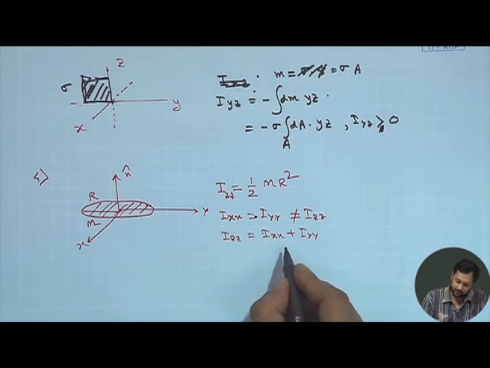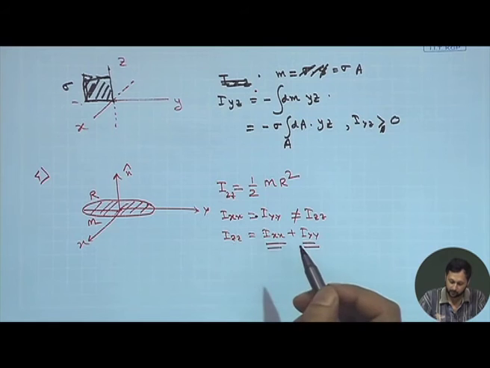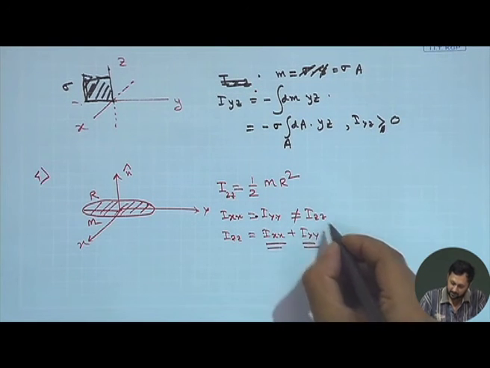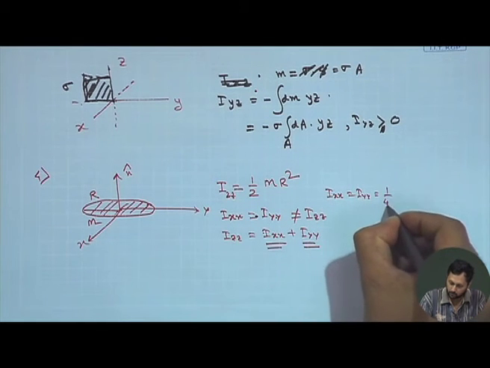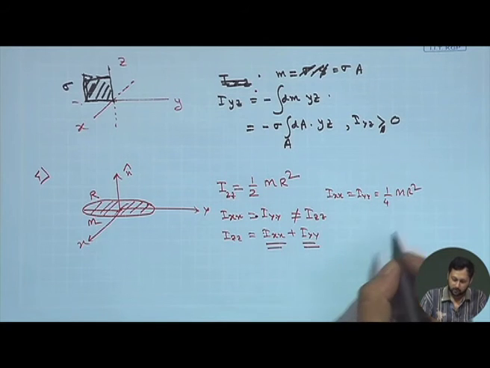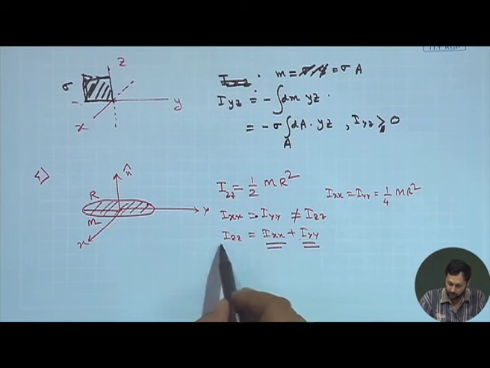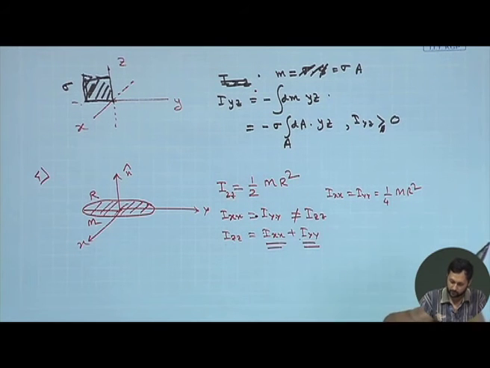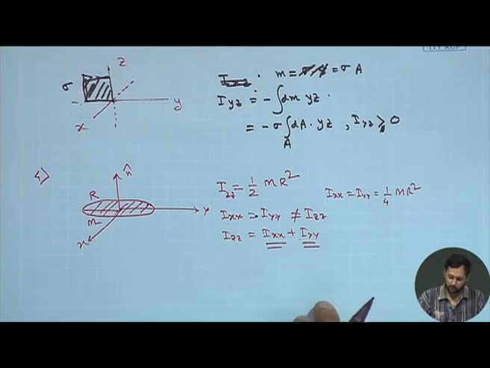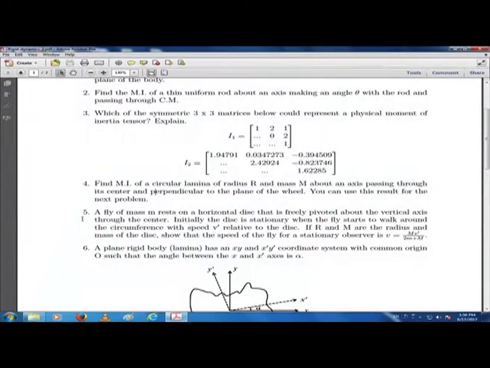So, what I suggest is you calculate one of Ixx and Iyy, and see if you get Ixx equal to Iyy equal to 1/4 mr square. Okay. So, of course, you will get it, it has to be, because these two combining should give you half mr square and they are contributing equally. So, both of them should be equal to 1/4 mr square. So, that is just a side thing, probably you are all familiar with it already because this is such a common problem. But let us focus on the next problem, which is what we target actually.